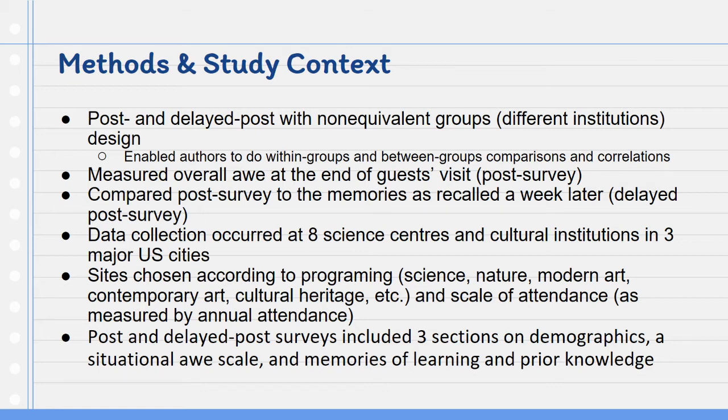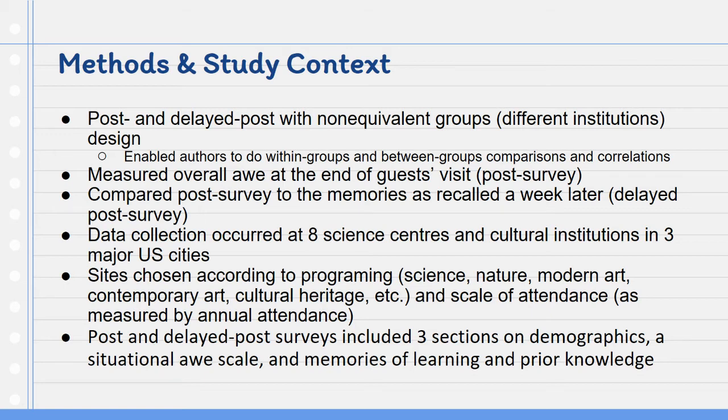The data was collected from 8 science centers and cultural institutions in 3 major U.S. cities. Fox's 2018 paper suggested the need for more complex studies of learning across locations and time, so the delayed post test was included in this study. The sites were chosen according to the programming and scale of attendance, with a focus on diversity among the sites. Post and delayed post surveys included 3 sections on demographics, a situational awe scale section, and a memories of learning